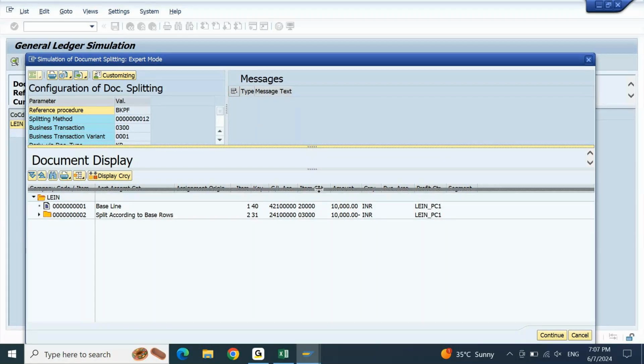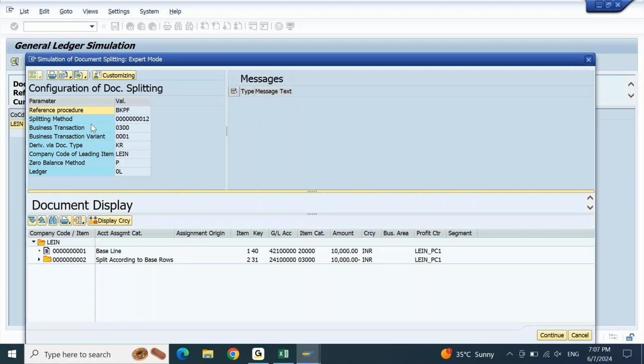Now, if you see this, sir, the system is taking your splitting method, the business transaction, the business transaction variant, and the document type. These four parameters are very important. These splitting characteristics are derived based on the document type KR. KR is bringing everything. These are not coming on their own. These are all coming because of your document type KR, meaning your document type is playing a major role in